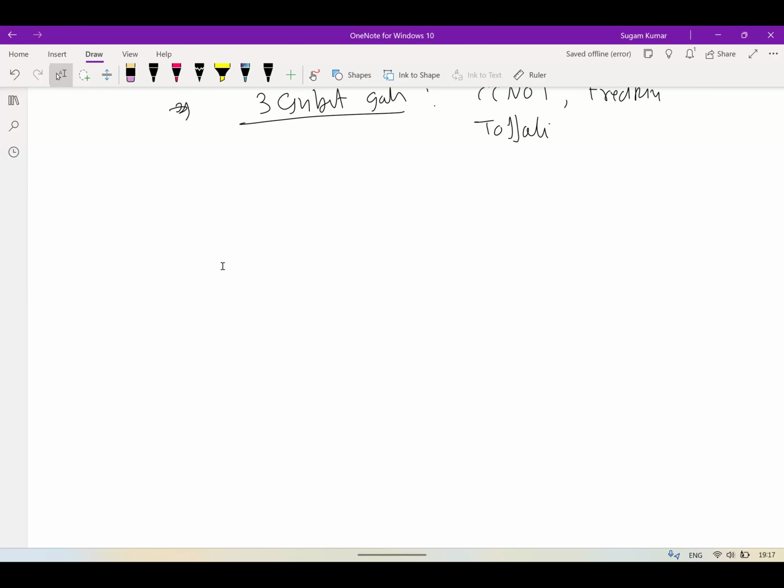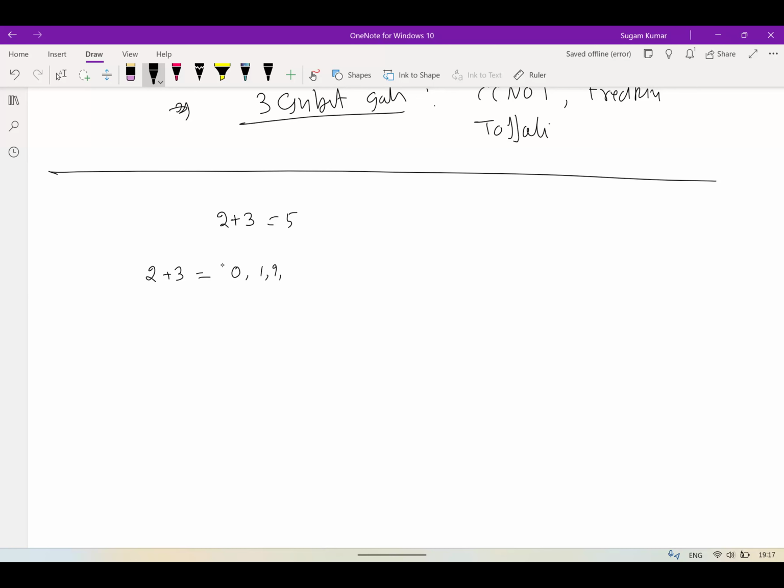Because what we will do, see, when you try to do some quantum computation, for example, let us say you want to add 2 plus 3, correct? If you use a simple calculator, it is going to give you 5. But if you do this calculation through a quantum computer, 2 plus 3, the possible outcomes, if I use, let us say, 2 qubits at the input, I'm going to get outputs like 0, 1, 2, 3, 4, 5, 6, and 7.